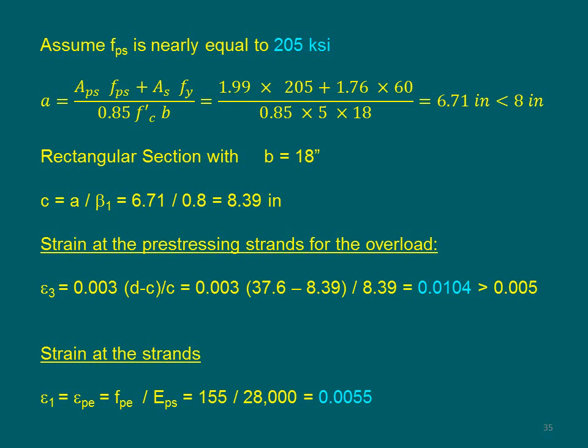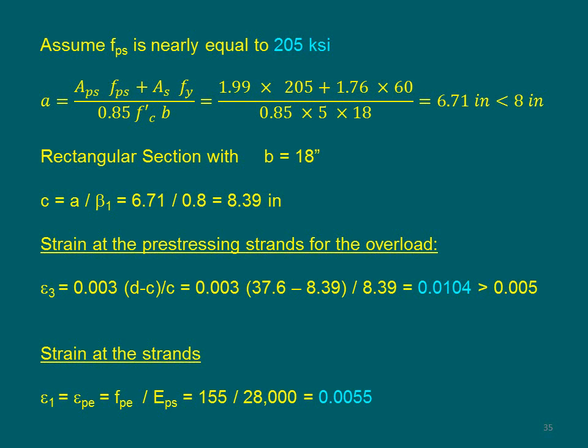Now, the neutral axis depth can be determined if you take this value here of a divided by beta 1 of 0.8. With that, you have here 8.39 inches. Now, with these two similar triangles, we're doing the strain compatibility equation, and to determine the strain right at the strands, you can determine here that the epsilon t is going to be equal to 0.01